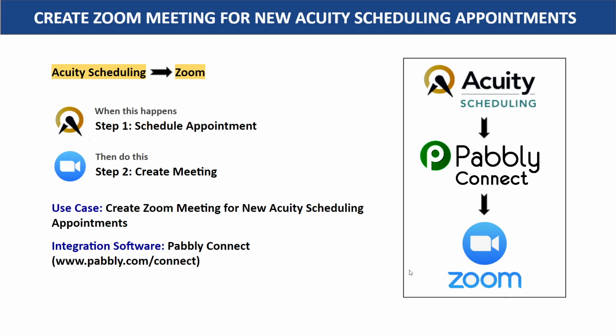So here you have two choices. The first choice is to copy all the details of John, sort it out, and manually create a meeting on Zoom. Now the problem with this approach is it's actually very repetitive and tiresome. So here I would suggest that you bring in some automation so that when an appointment is scheduled in Acuity Scheduling, a meeting is automatically created in Zoom.